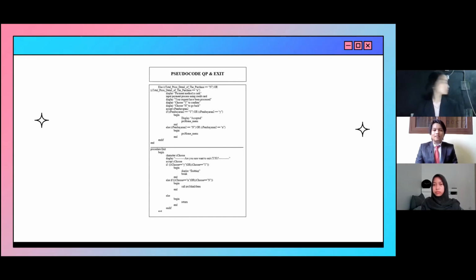Accept C pembayaran 2. If C pembayaran 2 is Y or uppercase Y, it's going to display accept, and it's going to call procedure home_menu. Else, if the user chooses N or uppercase N, it's going to call procedure home_menu. And for the pseudocode for the exit, it begins with character C choose, display